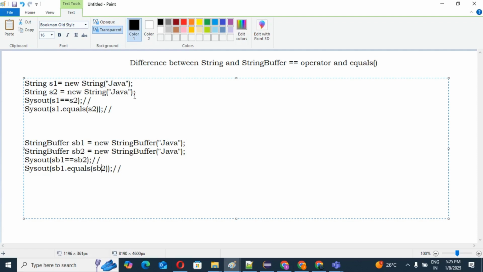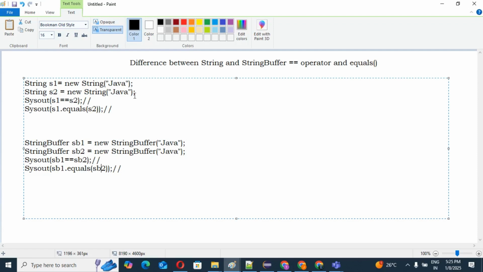You know very well what an override method is. If the child class is not satisfied with the parent class implementation, then the child class implements it as per its own requirement. So in the String class, equals is an overridden method. In the Object class, equals checks reference comparison, but in the String class we explicitly override it and implement it for content comparison. Yes or no, guys?